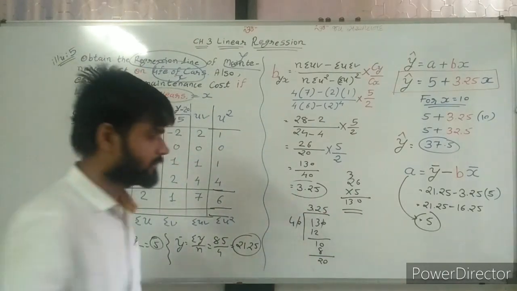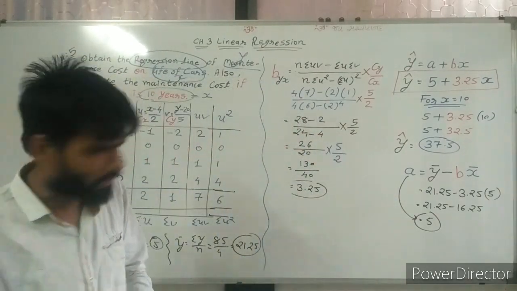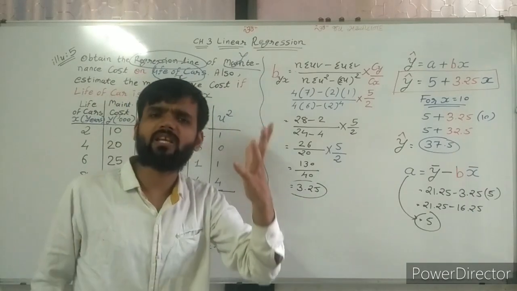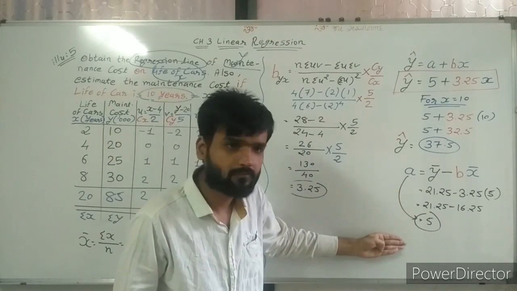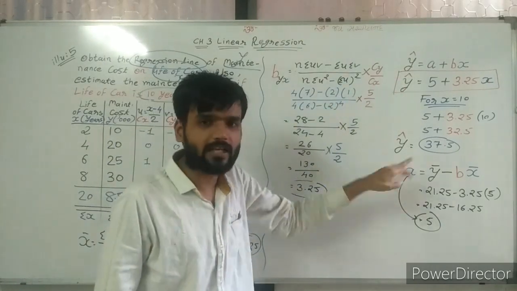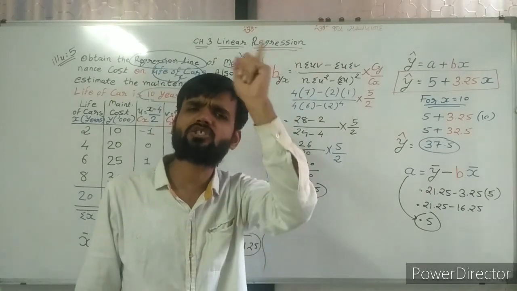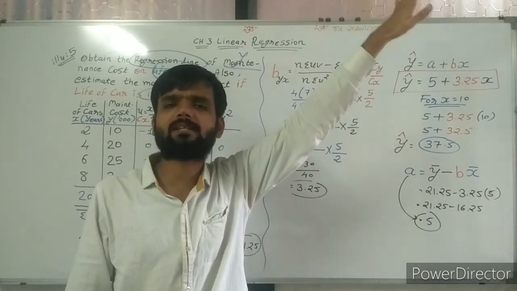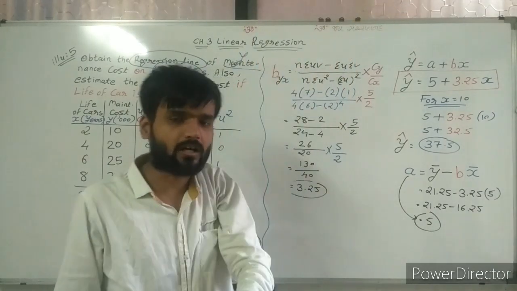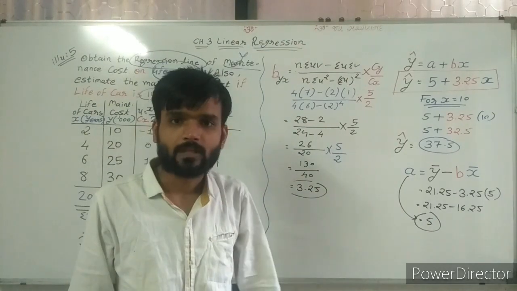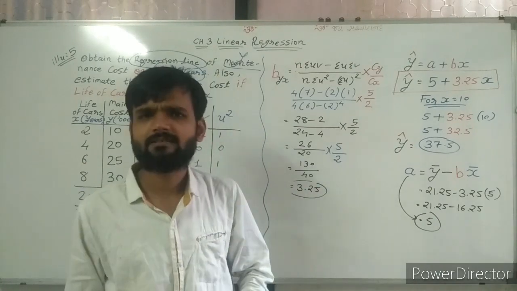So you can do it in your calculator, because the calculator is allowed. Your answer will be the same, 3.25. Now, sir, b is the same, so a will be the same, and all the calculation remains the same. But the only change is what? In illustration number 1, the normal formula is taken, the second method of Karl Pearson we can say, and here the shortcut formula is there, illustration number 5. So both sums are completed very easily.